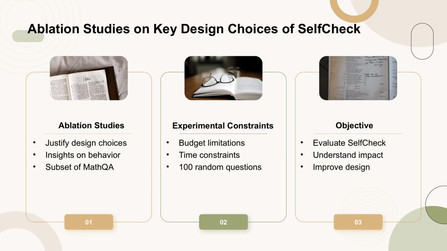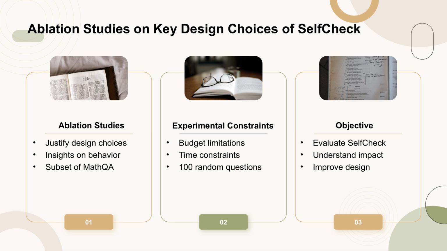In this section, we conduct ablation studies to validate the key design choices of SelfCheck and to gain insights into its operational behavior. Due to budget and time constraints, all experiments are conducted on a subset of the MathQA test set, specifically 100 randomly selected questions. The primary objective is to evaluate the effectiveness of SelfCheck, understand the impact of its design choices, and identify areas